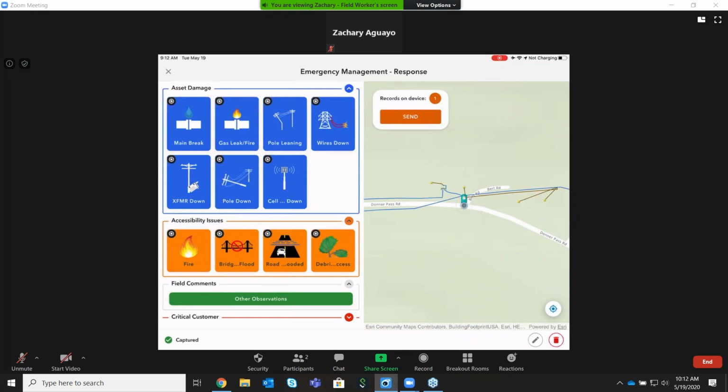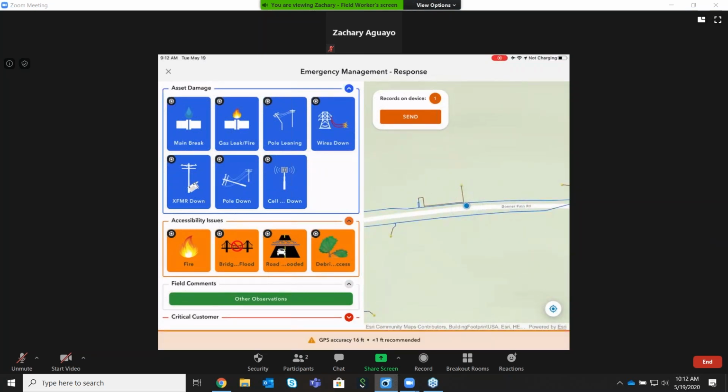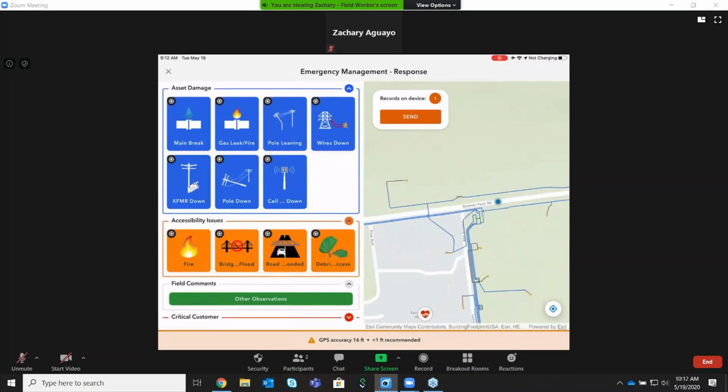After each item is collected, the office will now see a photo of the damaged asset, the user who collected the asset, as well as the precise GPS location of that asset. Having the ability to move quickly and collect data in such an emergency can help the office set priorities for restoration of services and to ensure the community is safe.